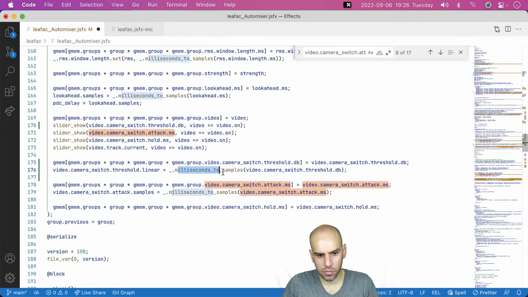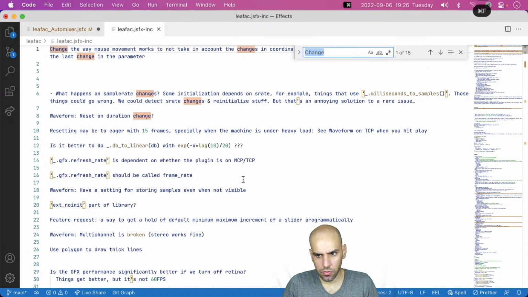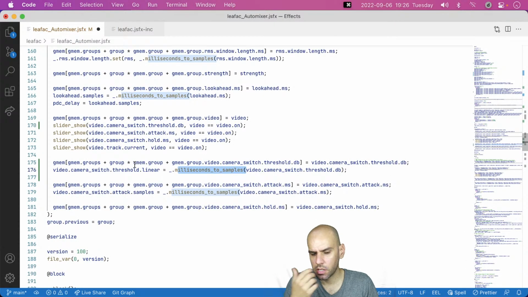Naturally, we are not converting from milliseconds to samples, but we are converting from dB to linear, because we have a slider in dB, but we want this to be working in terms of linear. In fact, even in terms of 0 to 1, we'll think about that in a moment.